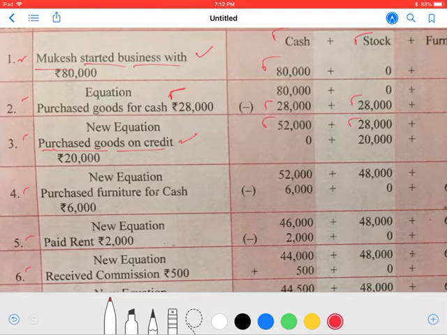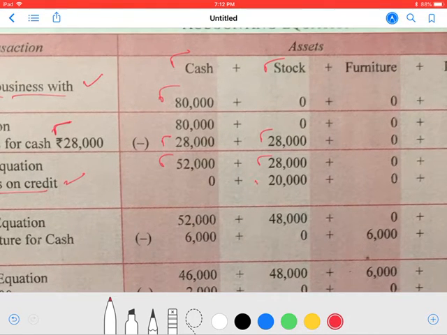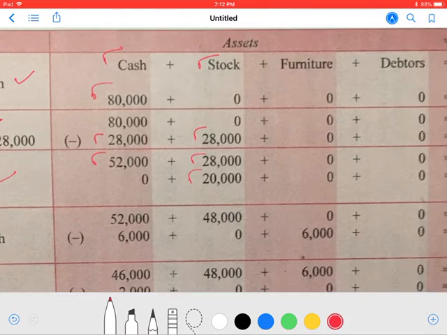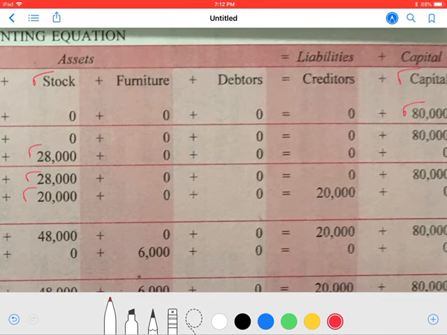दोनों में हमने गुड्स परचेज किया है. तो ऑब्वियसली व्हेन वी आर परचेजिंग गुड्स ऑफ रुपीज़ 20,000, तो इट विल इंक्रीज द वैल्यू ऑफ स्टॉक. ओके, तो we have added this amount in stock, and now we have not paid the money, means another item that is called creditors will be created. So we have created another head, that is creditor, and we have written 20,000 in it.